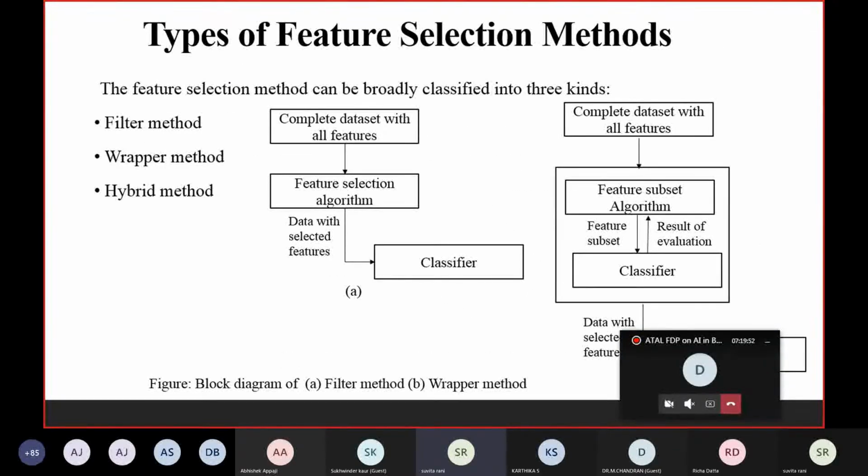There are three types of feature selection methods which are present currently. First is filter, second is wrapper, and third is the hybrid method. In the filter method, we directly select the feature subset based on a mathematical